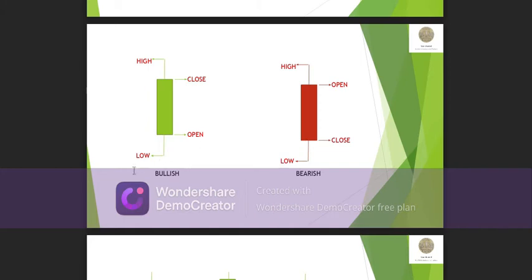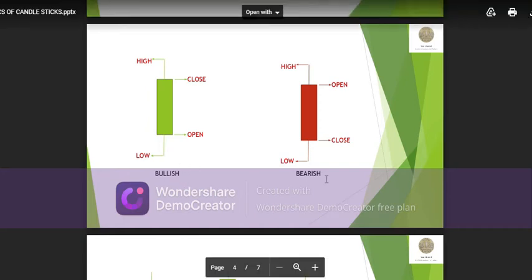Just like I mentioned for the bullish candlestick, we have two extreme prices for this stock. This is the highest price that the stock reached at this point in time, and this is the lowest price. The bottom wick represents the lowest price of that stock at that point in time. In coming videos, I will explain more about how this candlestick works in the market and in trends.